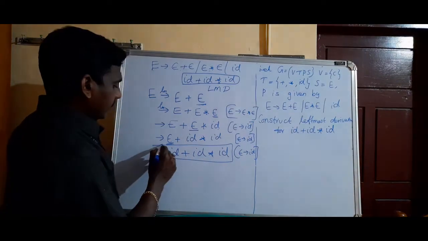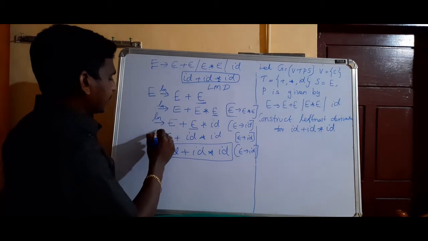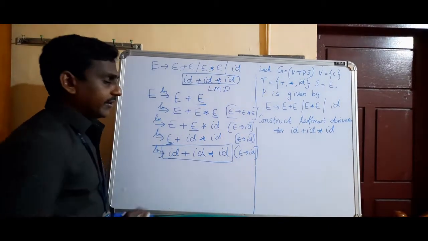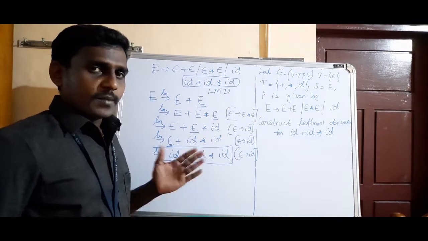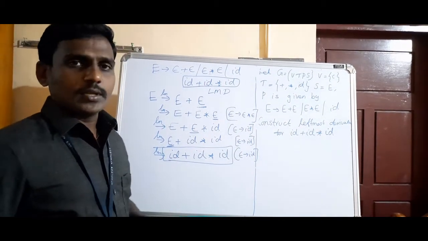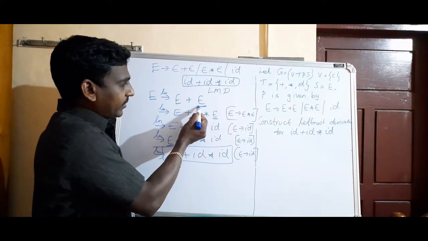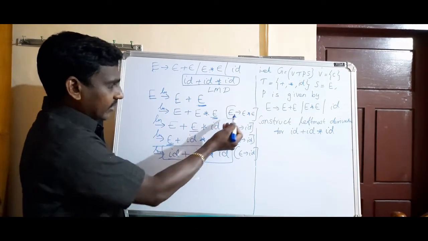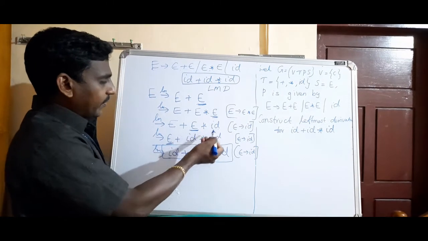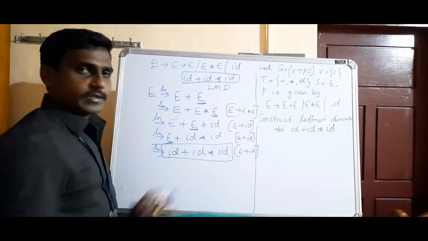Since it is leftmost derivation, I will write like this. So the conclusion is, derivation also will get the answer, but I am going for leftmost derivation. In leftmost derivation we have to derive the variable from the leftmost variable. See this one first, this one leftmost, then this one. See this is the variable, this one, this variable. So I got the answer.